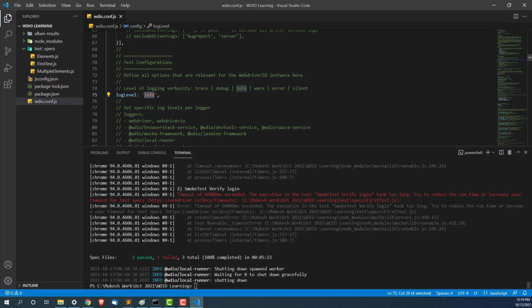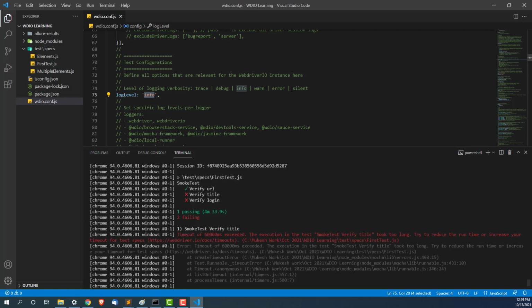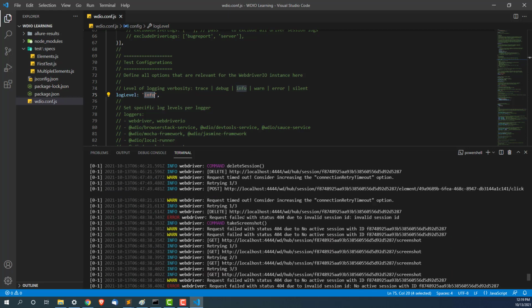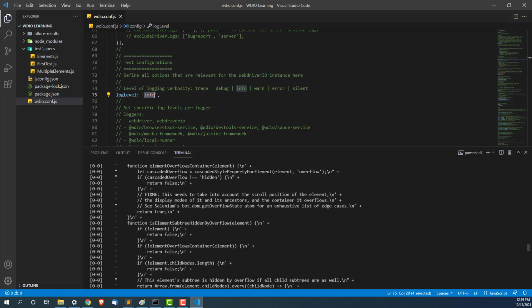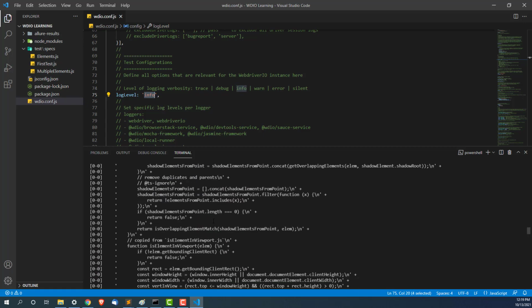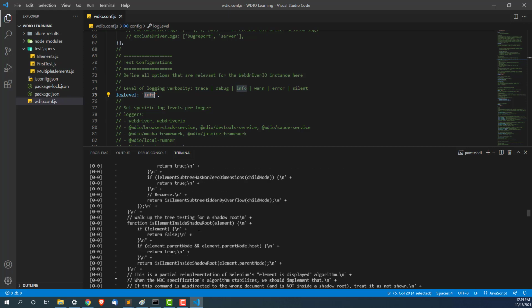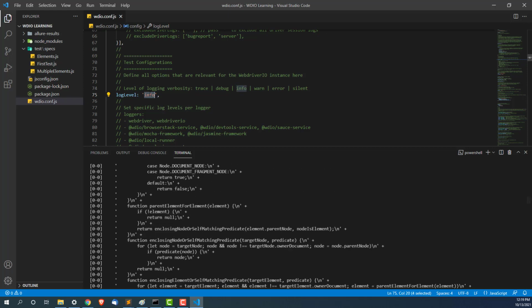Now since we have rectified all these issues, I can go back and say silent, because the moment you say info, you can see a lot of information is coming. Sometimes you might miss some important details that you need for your test, right? You can see it's giving a lot of other details. So that's the reason in the last lecture we had made it silent, which I will make it again, and we will continue. That's all about this video, guys.